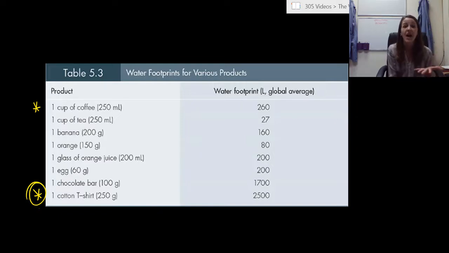And think about that. It's cotton. Cotton is a plant. You need water in order to grow cotton. It's this huge industry. The cotton industry is huge. But they're killing our planet because they use so much water. So I don't know. Is a cotton t-shirt worth it? I'm not sure.